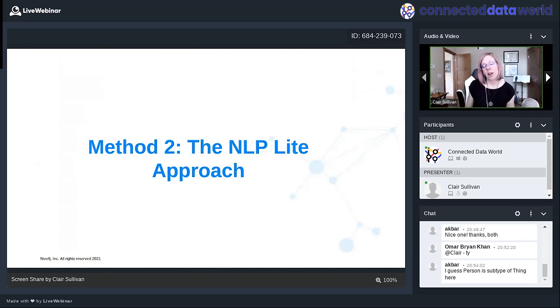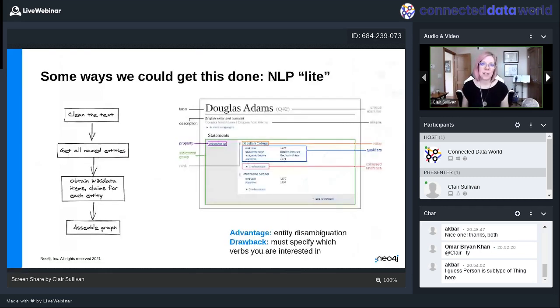Well, we're going to be querying Wikidata based on the named entities that we find in our text. And when we query Wikidata, it's really nice because I have these things called Q codes. What Q codes are is the subject of my sentence. So in this case, you can see Douglas Adams here has a Q code of 42. If you know Douglas Adams and his writings, that's actually kind of funny. So I have a Q code of 42 associated with Douglas Adams.